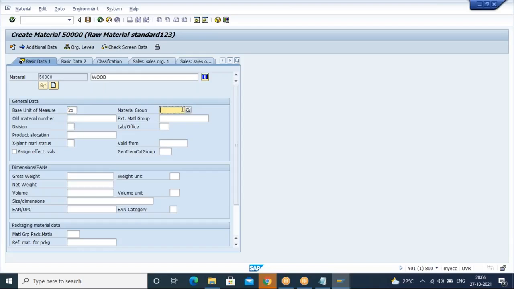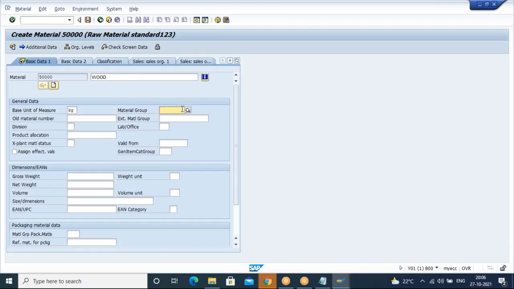Now, what is the meaning of the material group? Material group is nothing but, if you are creating this material for the manufacturing of any particular finished product, we are going to group together all those materials which have similar attributes, and that is called a material group. Suppose you want to manufacture a pump. For the pump, what are all the materials required? We are going to enter the same material group for all those materials. We can create the material group according to our client requirement also, so that we